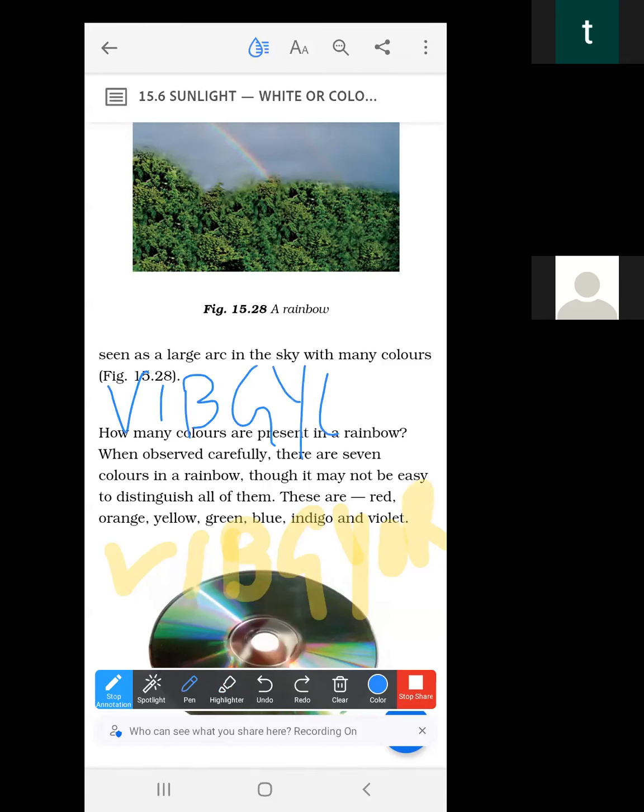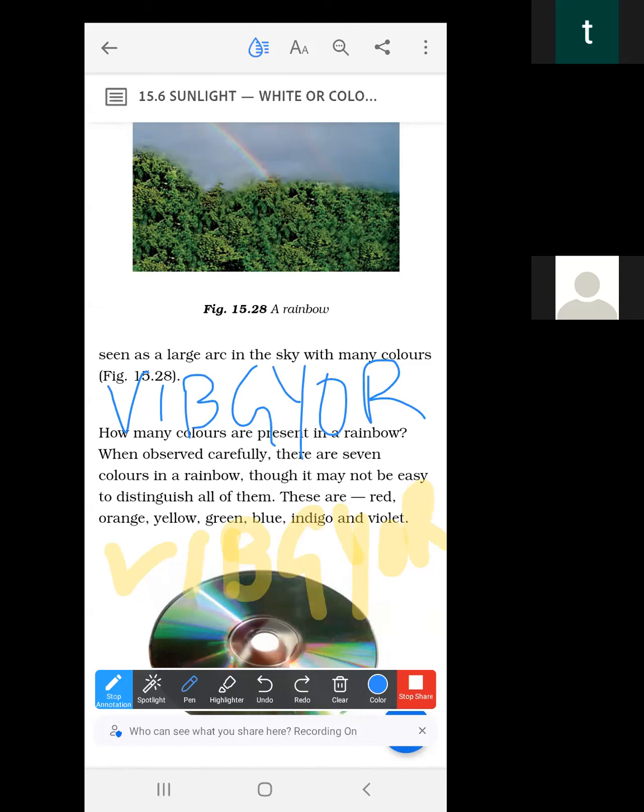Vibgyor. V stands for violet. I stands for indigo. B stands for blue. G stands for green. Y stands for yellow. O stands for orange. R stands for red. You can remember all these 7 colors by this